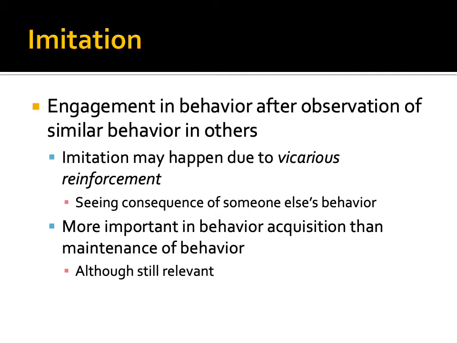And I'm sure everyone has been in this situation, right? Someone in a group says something hilarious. Everyone laughs. Then someone else jumps in and tries to say something funny also, and it just crashes and burns. And everyone's like, why did you talk? We were all laughing. It was hilarious until you spoke, right? You ruined it. What that person was doing, though, is they were being vicariously reinforced to try and make a joke. It just didn't work out. Sometimes they're vicariously reinforced to make a joke, they make a joke, and it works, and it's even funnier, right? But you see the consequence of someone else's behavior and say, I want that for me, so I'm going to try and do that also.